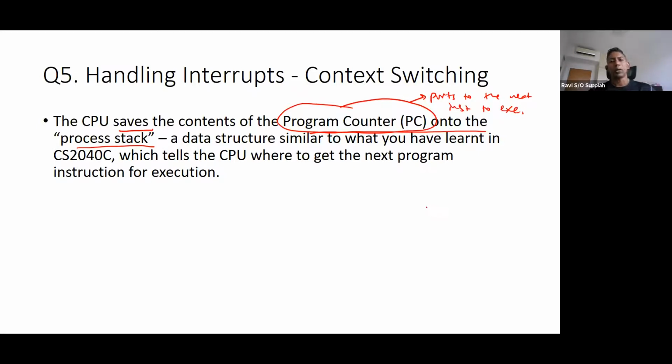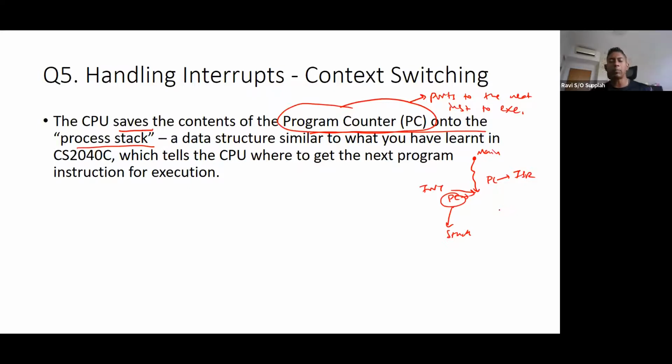Okay, now since you are already running your main program, you know that prior to the interrupt, your program counter was already planning to point to the next instruction. But before it could execute that instruction, the interrupt triggered. So that is why I need to make sure I save this onto the stack, and then I'm able to update my PC to point to the ISR.